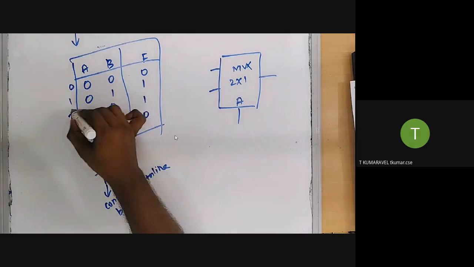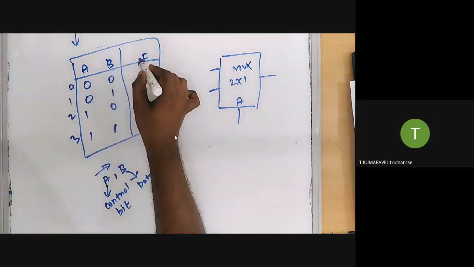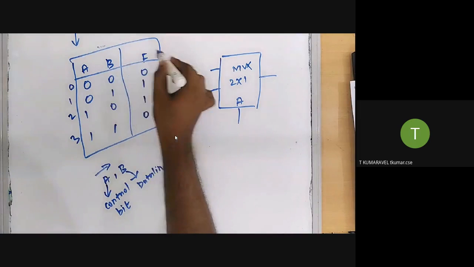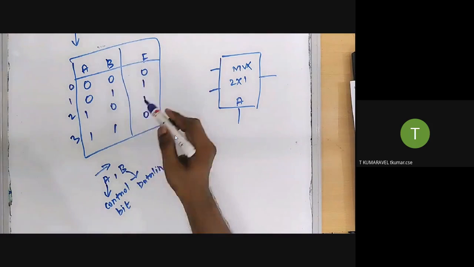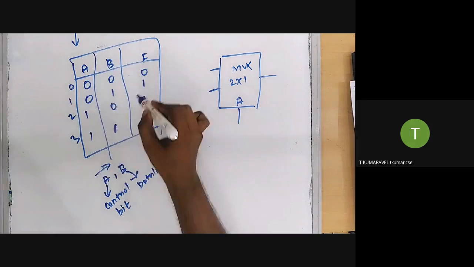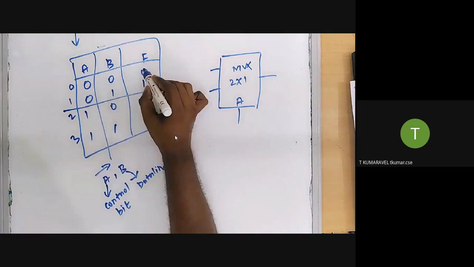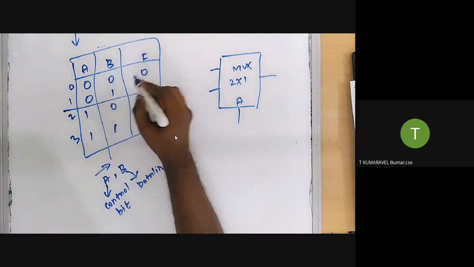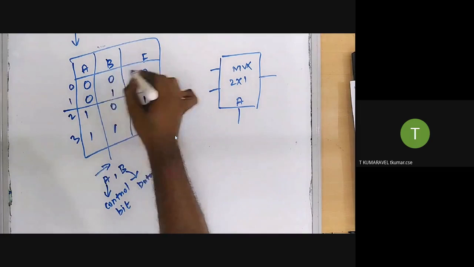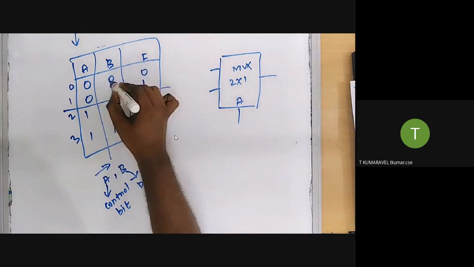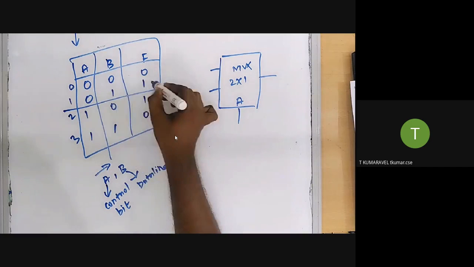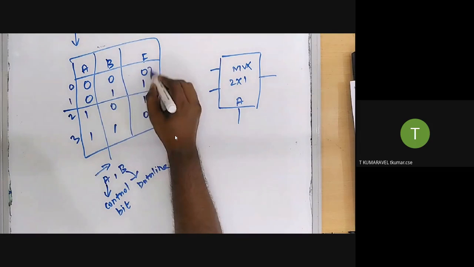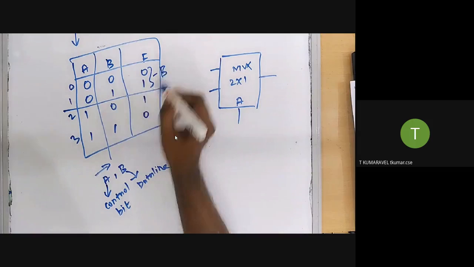So what you are going to do, B is compared with the output functionality. If you look at what happened, the output value I'm going to compare with B. So it's similar to B. Am I correct? Here 0, here also 0, here 1, here also 1. So instead of 0, 1, I'm going to write it as B.